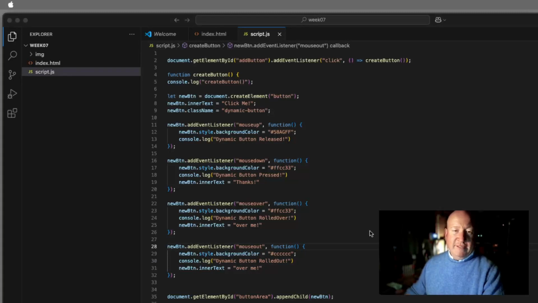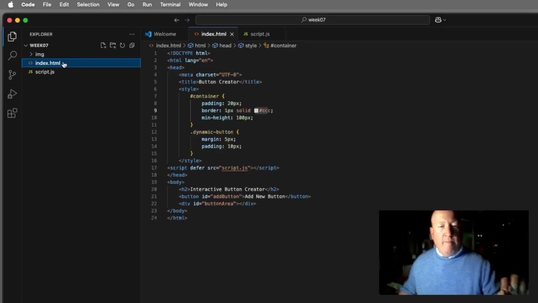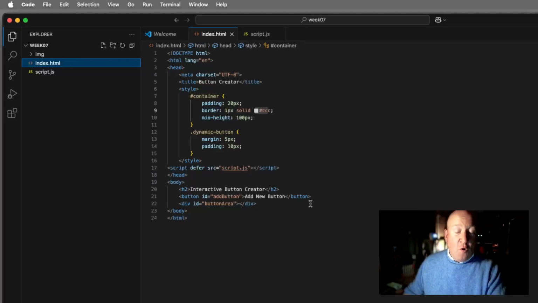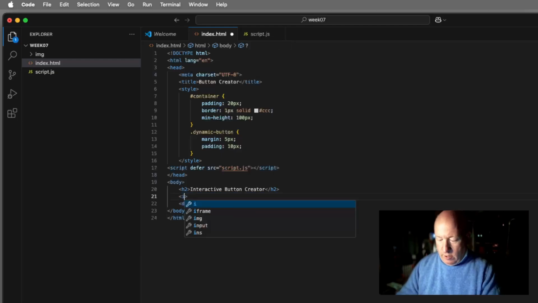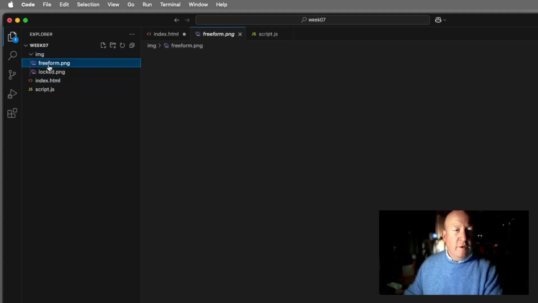Okay, so here is another little thing where we are going to replace this button with an image. So I'm going to do image source equals, and in our case it is going to be, we'll use this one that makes it look like a